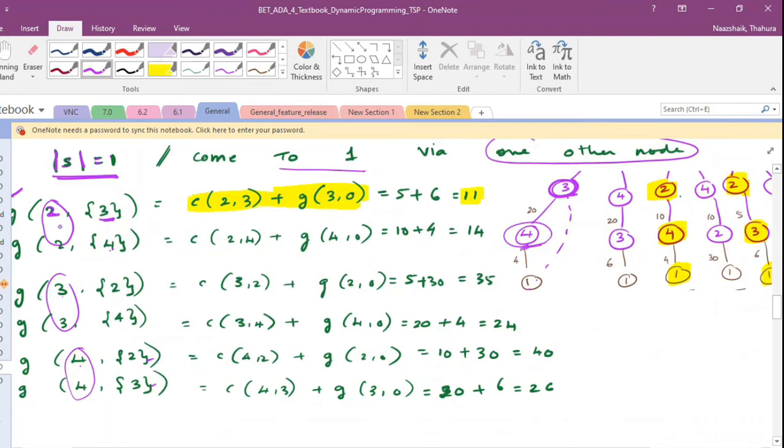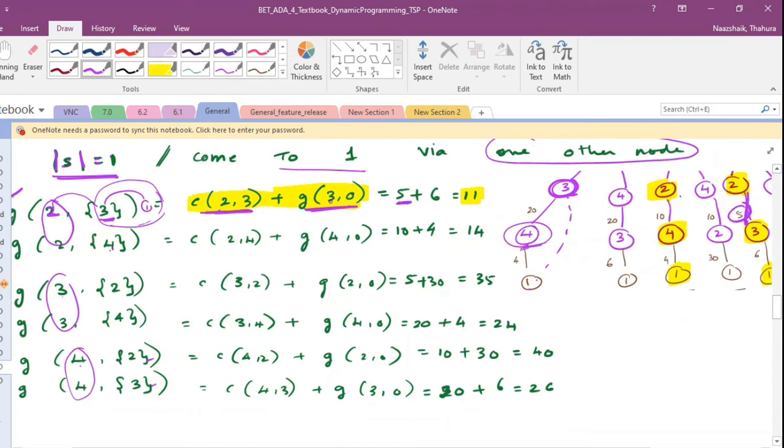Okay. So how do you expand this? So you know that you have to go from 2 to 3, which is your direct edge. And from 3 to 1 is previously computed. You don't have to worry about this. This is where dynamic programming uses the previously calculated method, right? So we know 2 to 3, but 3 to 1, we don't have to compute. We have already done this in the previous formula. So what is 2 to 3? 2 to 3, we know it is 5.